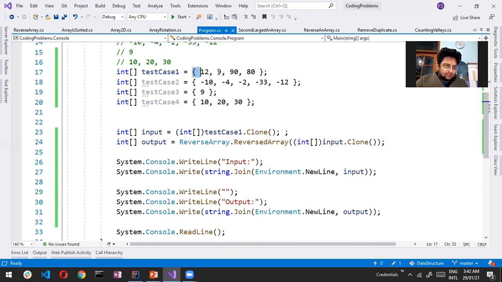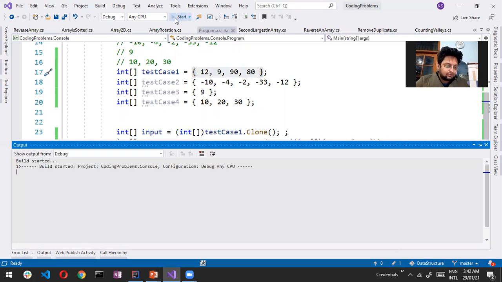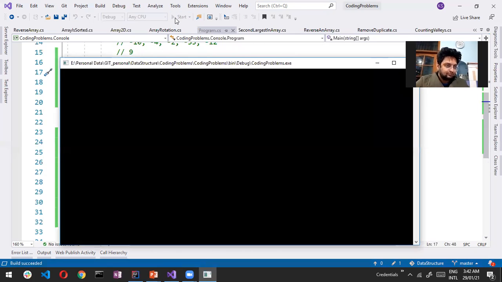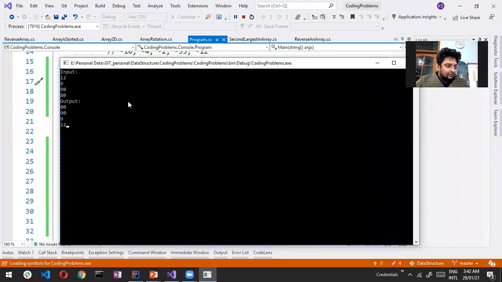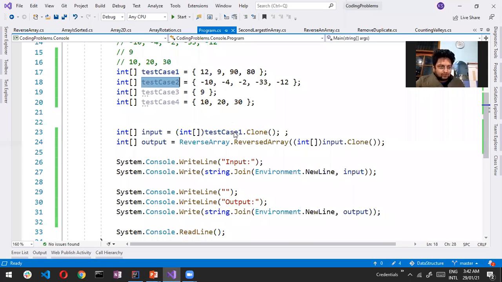So let's take this example. My input is 12 9 90 80. So what will be the output? Obviously the reverse. Let's check if it is working properly or not. So my input was 12 9 90 80, and it's 80 90 9 12. Perfect. And never hesitate if any of your test cases is not working. It's totally fine, we can always rethink.